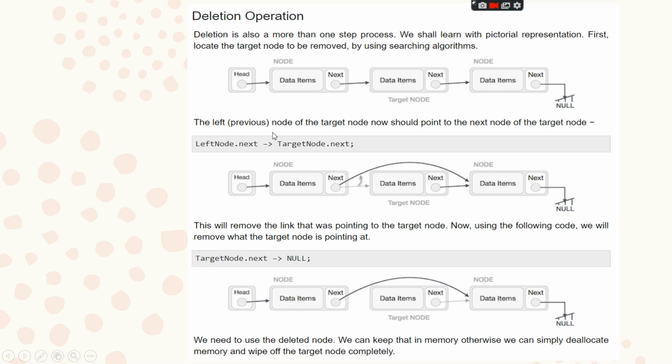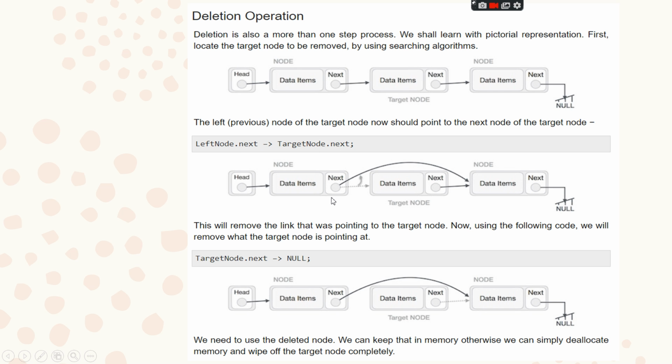The previous node of the target node should now point to the next node of the target node. So there should be a connection established between the A node and the C node, so that this next pointer's connection can be broken down, and A directly points to node C. Here the condition is left node dot next points to target node dot next.